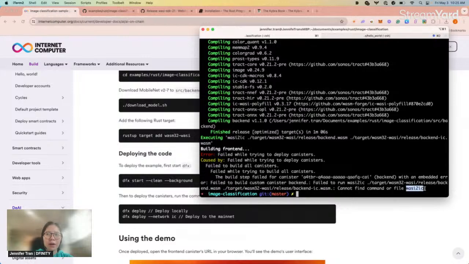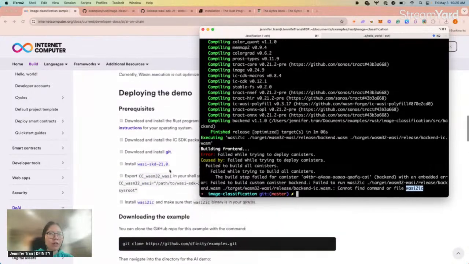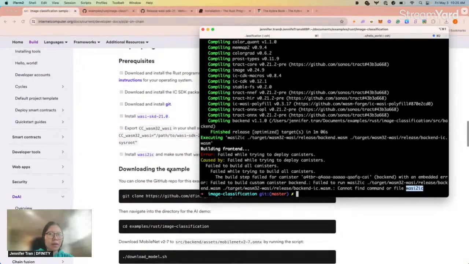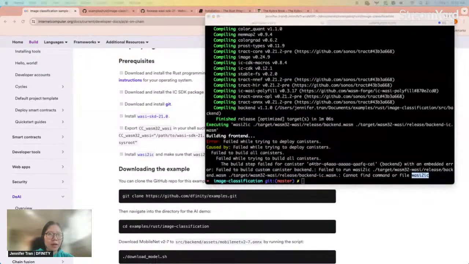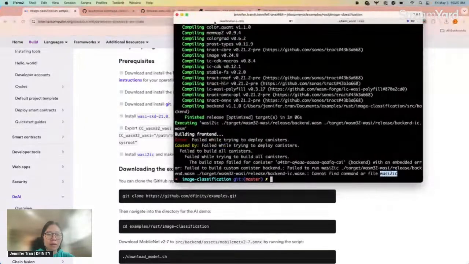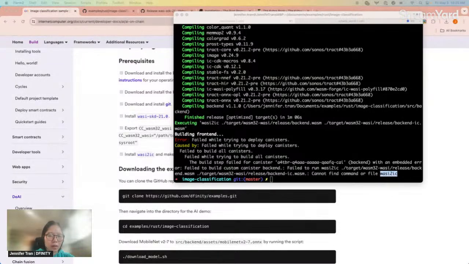Okay, so it looks like I was unable to find the WASI2IC. We should be able to just add it to the binary. I thought I already had it up and running, but okay, let me just do that. Let me do that real quick.